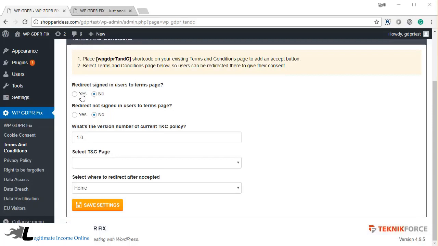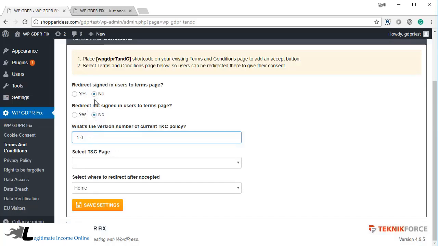First, you have the option to make people see your terms and conditions policy. If they have not agreed to accept it, they will not be shown your blog content. If you do that, everyone can be redirected to the terms and conditions policy first, even if they are signed in users, or if they are unsigned users, people who are visiting your website for the first time maybe, or who have not subscribed to you yet. Also, it does maintain the version number of the TNC policy. Every time you change the version number, it's going to force people to come to the TNC policy again and accept it again. Now, GDPR does not ask you to mandatorily show them the TNC policy before they use the website,